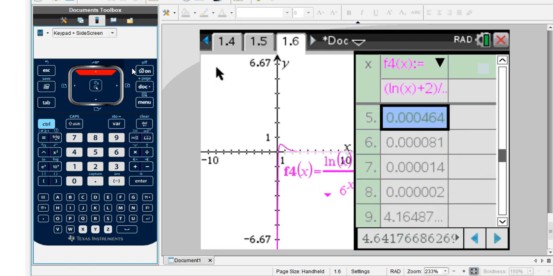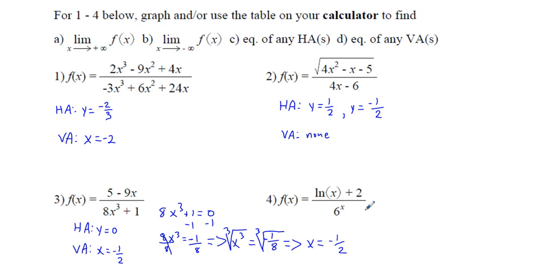So we're going to say for our horizontal asymptote, we'll have y equals 0. In our note card, we'd be able to figure that out more quickly. And then for a vertical asymptote, x equals,